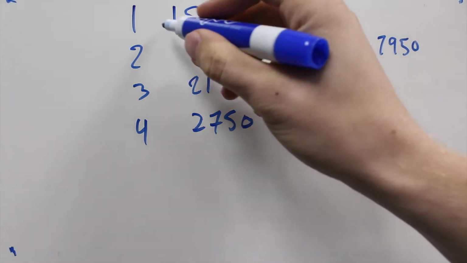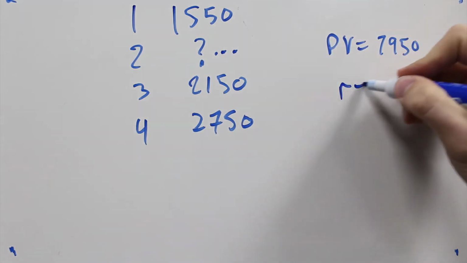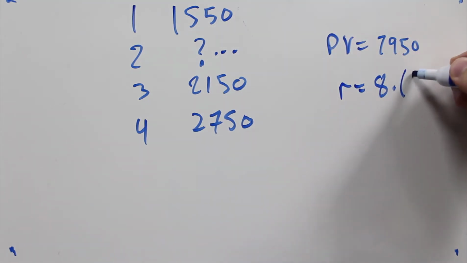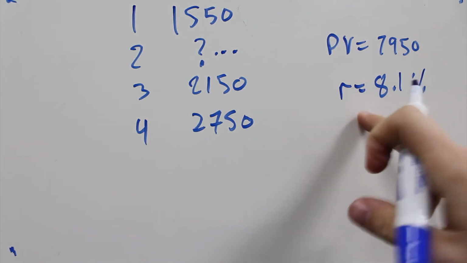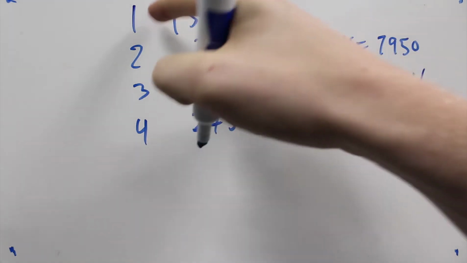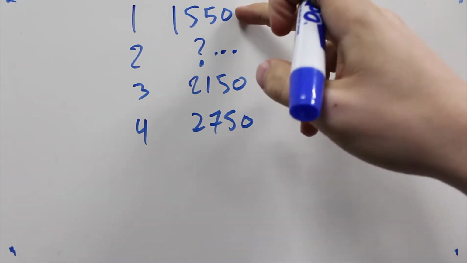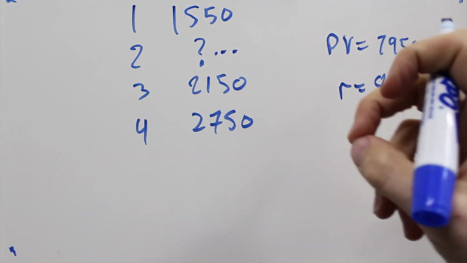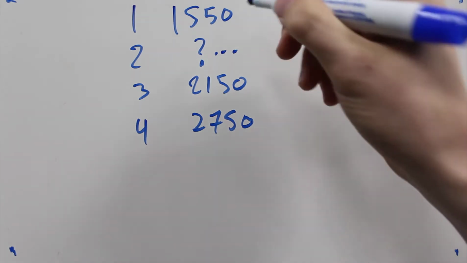And so to discount 1550 back, I'm going to put over here, our R in this case is 8.1%. My handwriting's not that good, sorry. I'll fix that one there. 8.1, there we go. 8.1% is our R. And so if we discount 1550 back one period, because we're in the first year, actually let's discount everything back to period 0. And that'll be good. So we take 1550